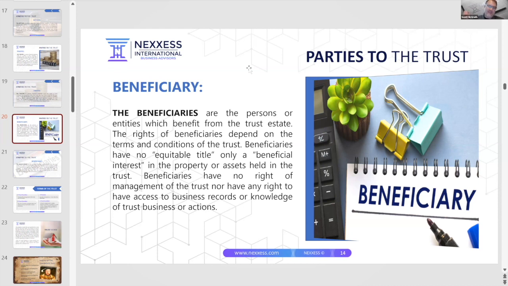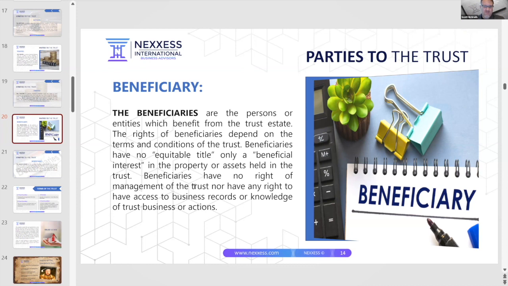The courts can come in and take it from you because you not only own the equity, you also hold title. If you hold both together, someone can take the asset from you, and you don't want that. So the trust holds title, but doesn't hold equitable title to the assets.